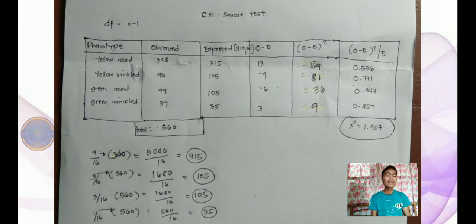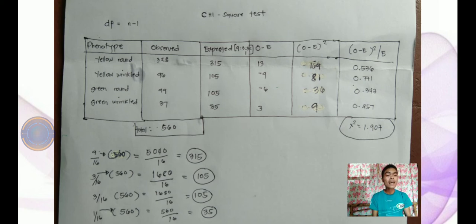Now, we will get the squared. 13 times 13 is 169. Negative 9 times negative 9 is 81, and so on. Do not multiply 13 times 2 because that is not correct. Now, we will also divide by the expected: 169 divided by the expected 315 and the result is 0.536. 81 divided by 105 is 0.771. 36 divided by 105 is 0.343, and so on. And then we will add that column and the result is chi-squared is equal to